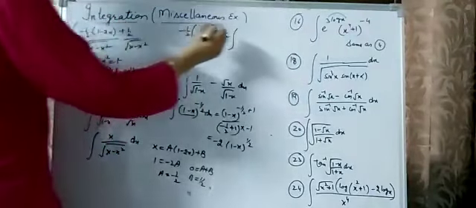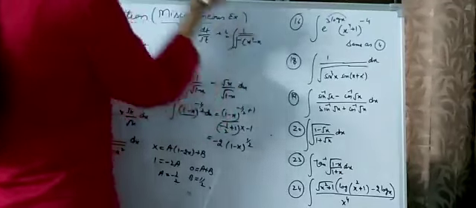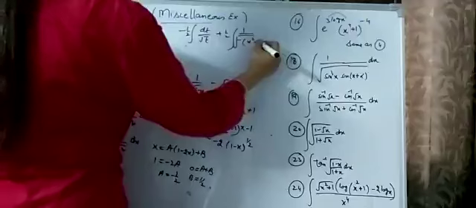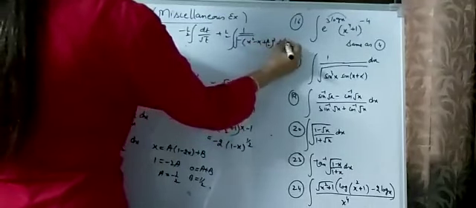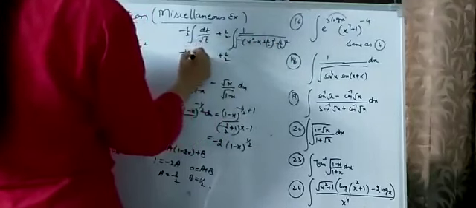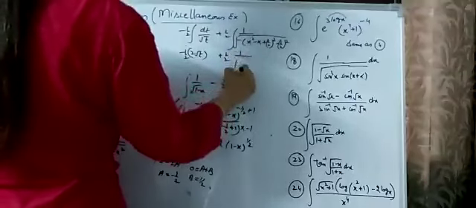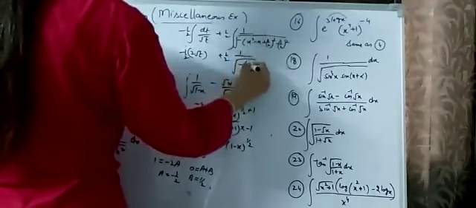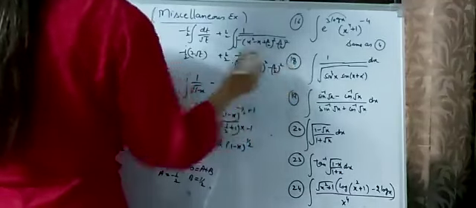In this we do the completing square. We take minus common, so this is x square minus x. What is its coefficient? 1 half, half square added, half square subtracted. So here this is 1 by 2. What is the integration of this? I told you this is 2 root t, and this is 1 upon root of x minus 1 by 2 whole square minus 1 by 2 whole square.